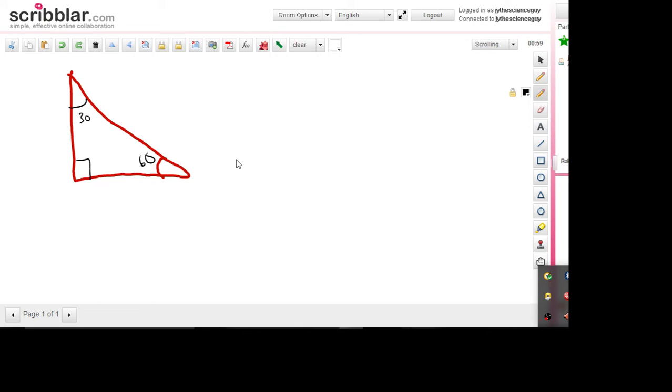Now, in order to figure out the proportions, we always look toward the opposite side. So that side is going to be equal to x. This side is going to be equal to x root 3. And let me go back one, because I'll do it in a different color. And that side is always going to be equal to 2x. I'm going to do the two easier sides first, and then we'll deal with the one that looks funky later. Okay? So if this is my triangle,